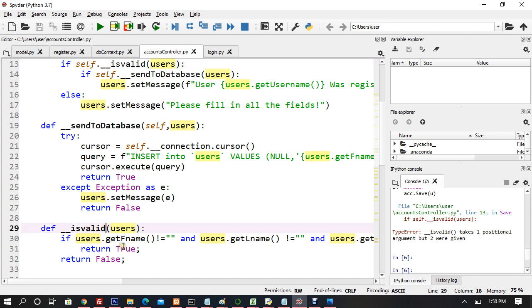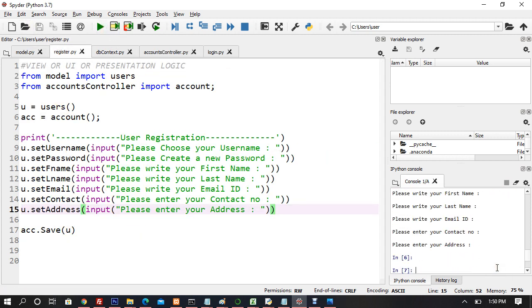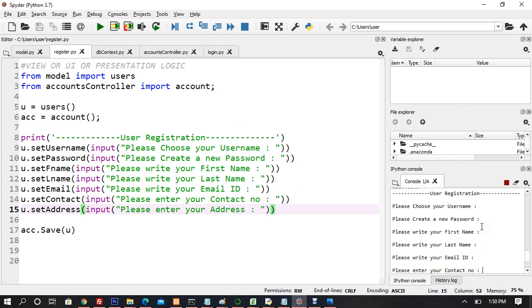Yeah, we have to keep self here as well. So now let's execute it. 1 2 3 4 5 6 7 8, right? Please enter your address. So now if you enter everything fine, let me run it again. If you don't enter anything, so we should get,